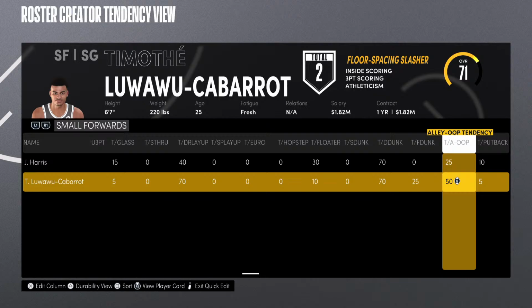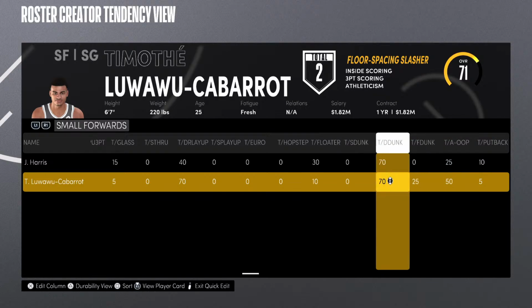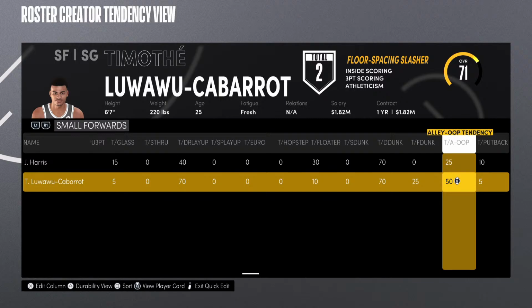Another one that's very, very important if you want to have players that are highlight dunkers, that cut to the rim, alley-oop guys, things like that, you want to raise the alley-oop tendency. Now, I didn't notice the difference between 75 and 99 for this category. I personally put the scale at 80 to go with these dunk tendencies. So an 80 tendency means they have a 100% chance of catching a lob if a play is designed for that. Now, what that means is you have to have somebody that's high in an alley-oop tendency,